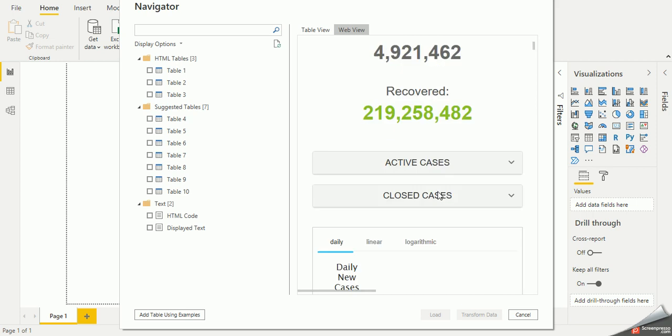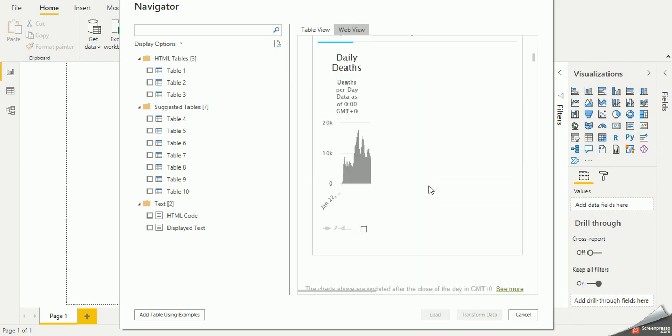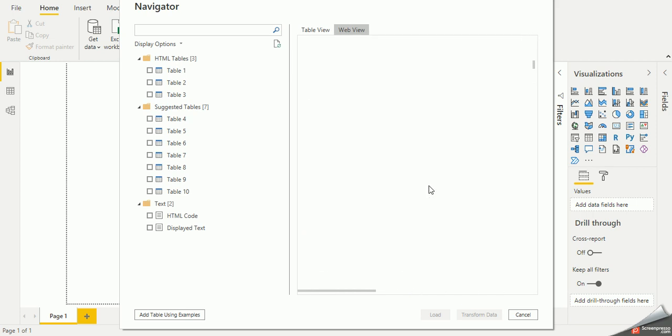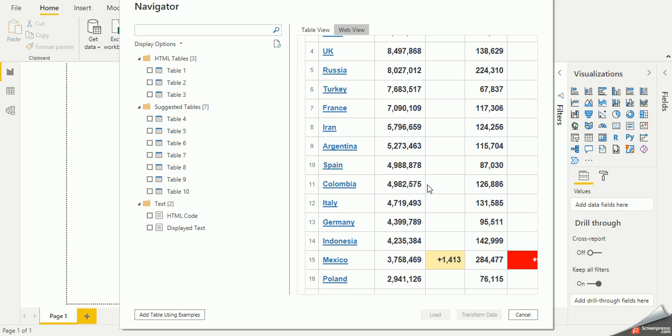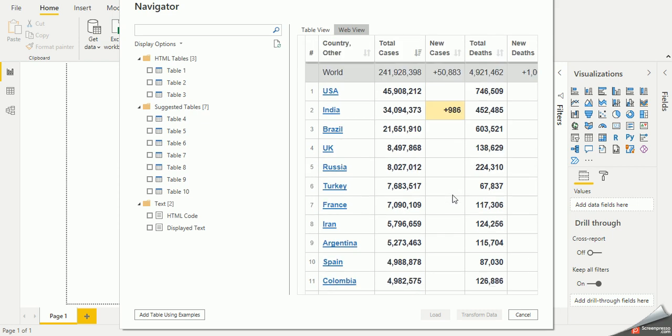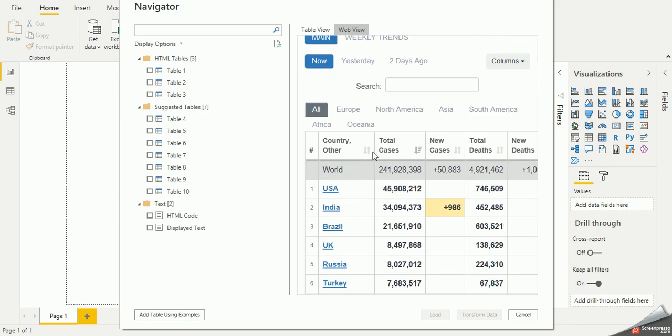So in the web view, you can see that we have the same look and feel of the web in the preview. We are concerned with this grid. You can see that the continents are available as well as the countries.